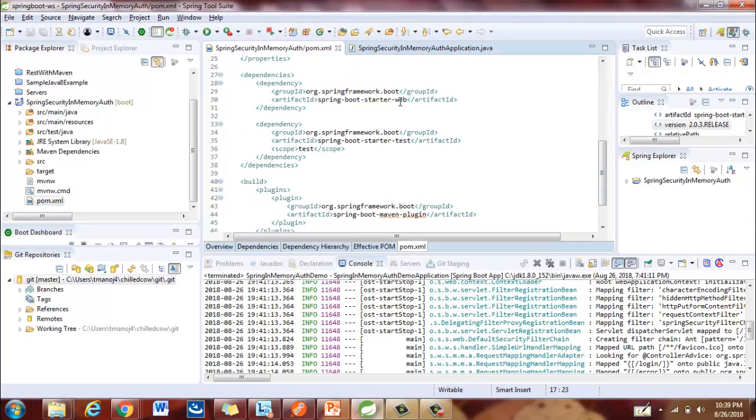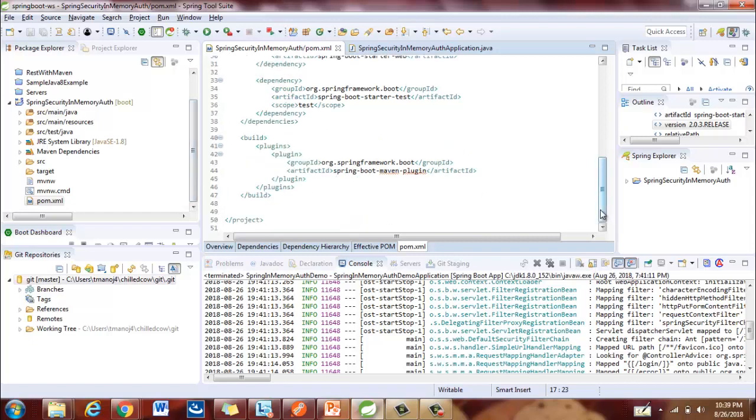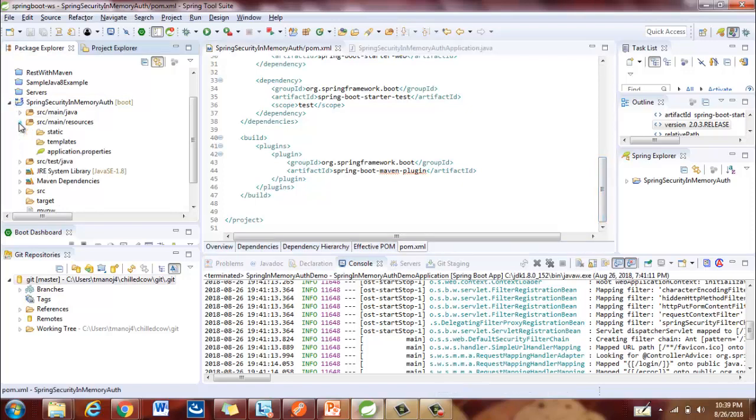Within the POM we can quickly traverse. We have selected web, so we got the Spring Boot starter web dependency added and the Spring Boot starter test also. Both dependencies are added. This is the plugin for Maven. We don't have anything else. Now here we can see within Java,